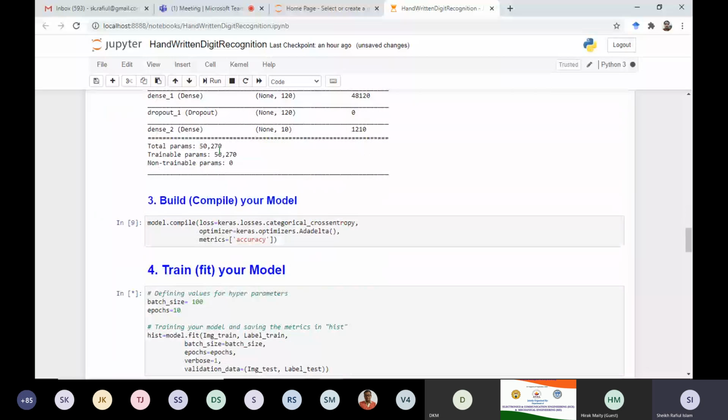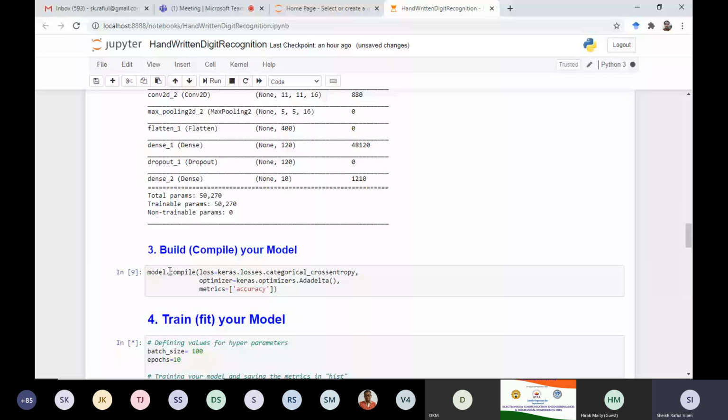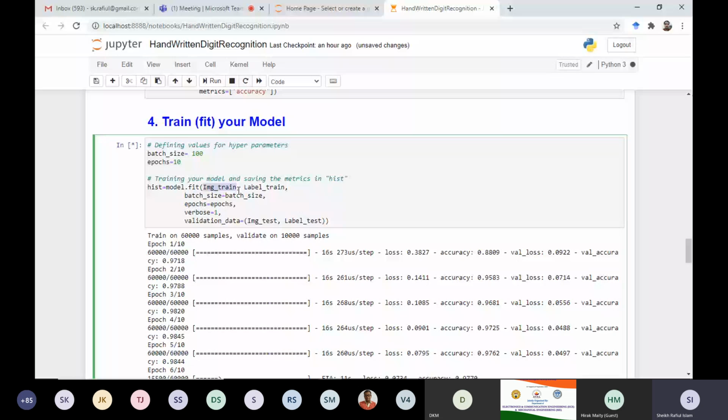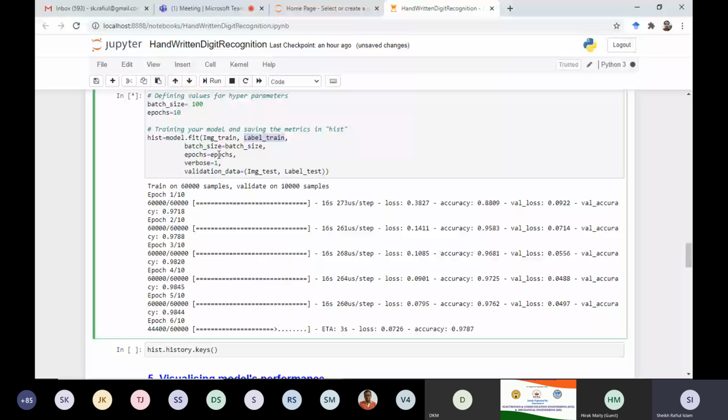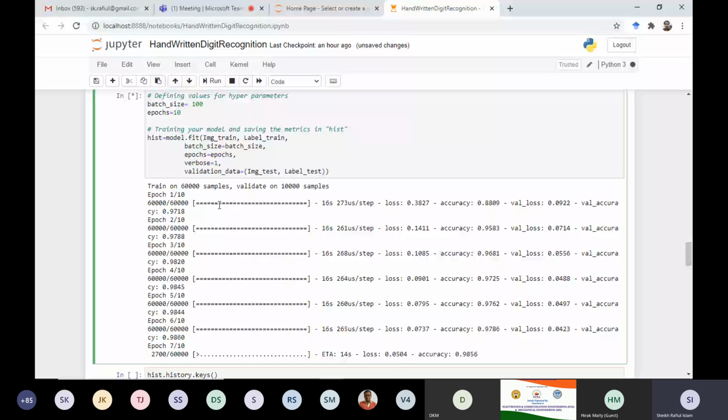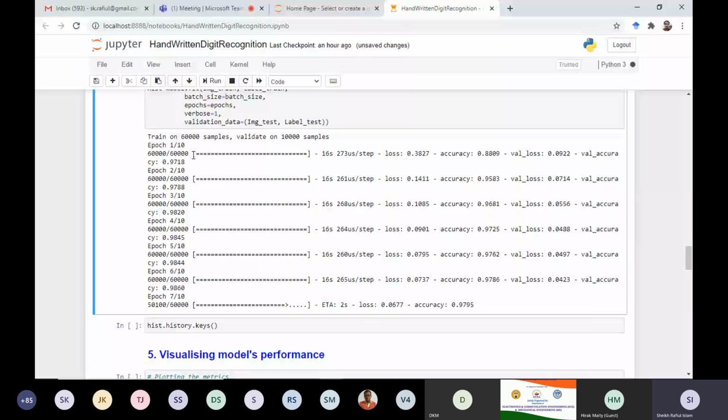After that, we are providing the input training images, corresponding labels, then batch size we are mentioning here, epochs we are mentioning here. Verbose is 1, it can have 0, 1, 2; just this line portion will be changed. So this is not a very typical thing for this case. Just this portion will be changed, meaning in another way it will appear.